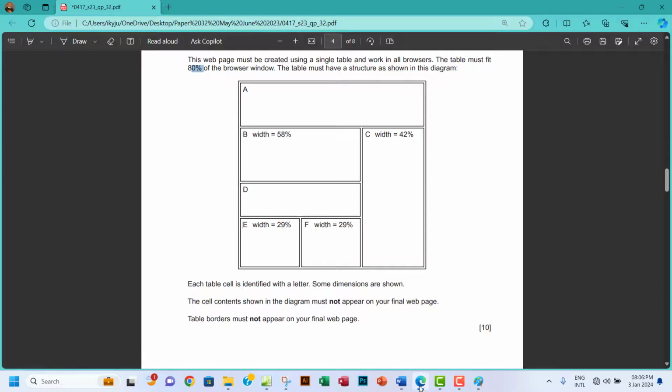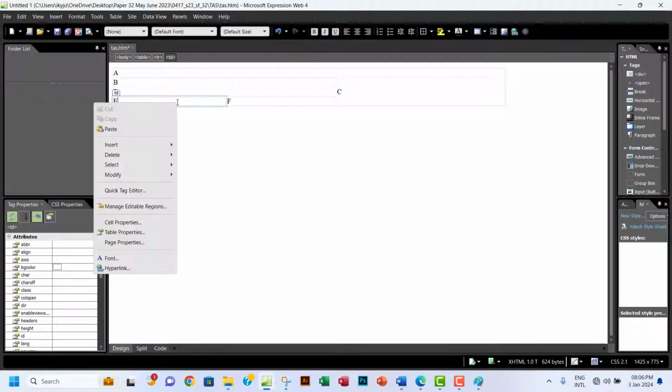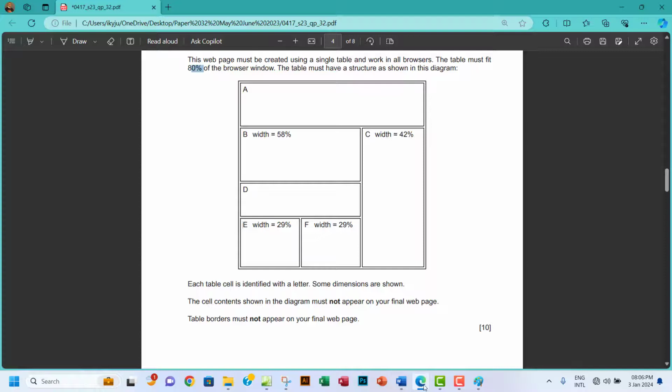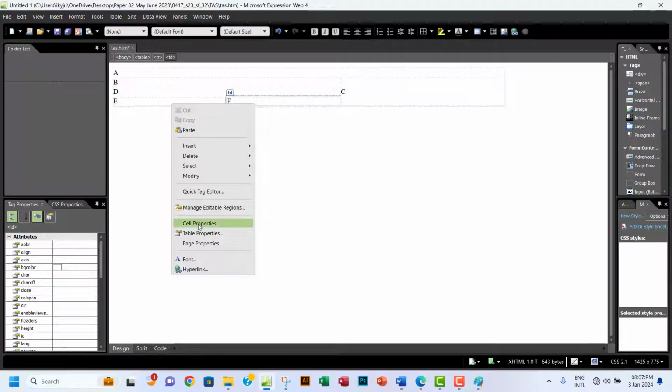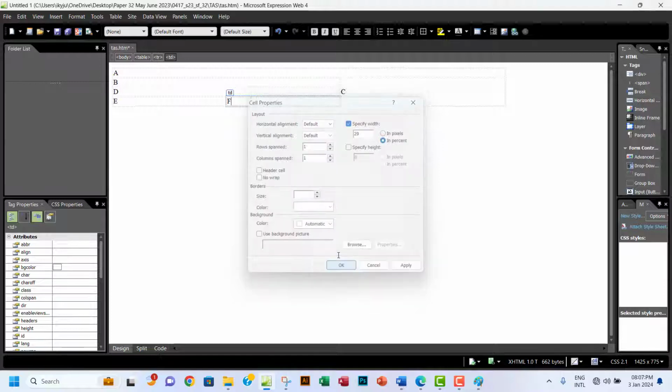Which one again? So E and F, they will all be, let me do them separately. I think they can be done together, but let me just do them separately. So that's 29%, let me be sure, 29%. So I'll apply that, and then of course this one, right click, cell properties, specify percentage, 29% too. Apply that. Okay,